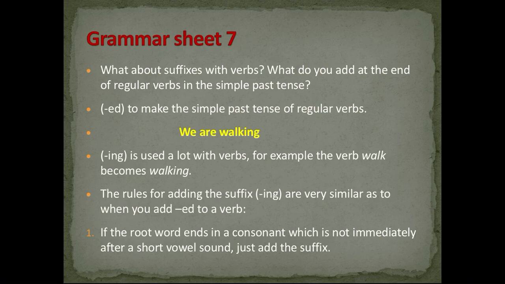In this lesson we are adding something new, called present participle, to form the present continuous. I want you to look at this sentence in yellow. We are walking. We are walking. My verb here is walk, okay? So I added ing. Ing is used a lot with verbs. For example, the verb walk becomes walking. Talk becomes talking, okay? Sometimes you add ing. What else? Read,